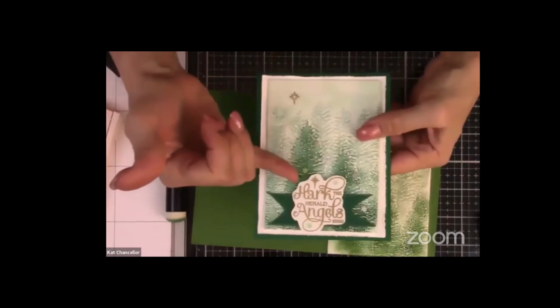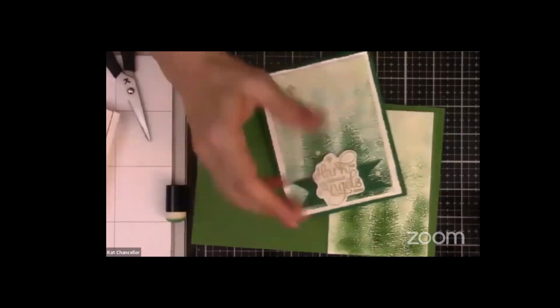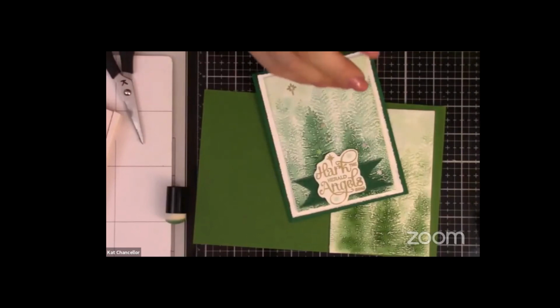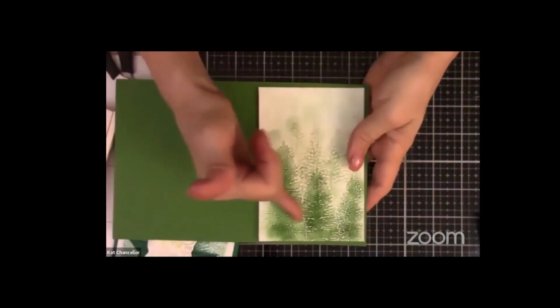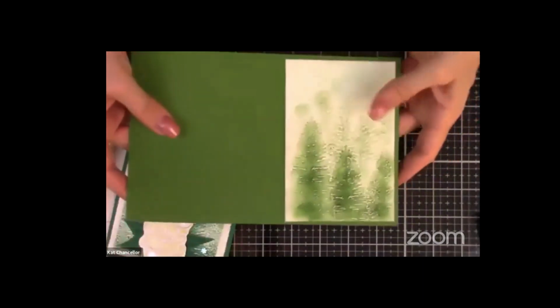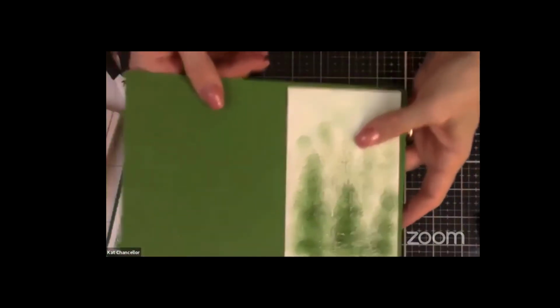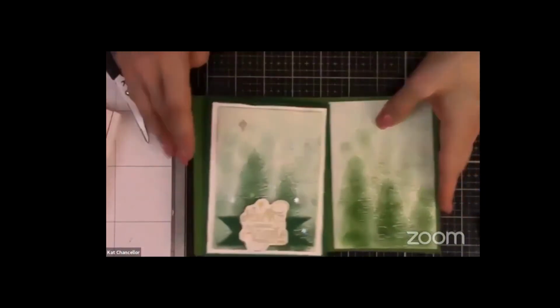I also kind of fussy cut around here and I put this ribbon that comes in the catalog on my card, just to kind of give it some additional, to kind of ground it a little bit. I wanted to kind of ground it with the bottom. This one is a little bit more sponged, and I think I'm going to maybe use some gold with that as well. So I will post what this looks like, but you can see how pretty this comes out,